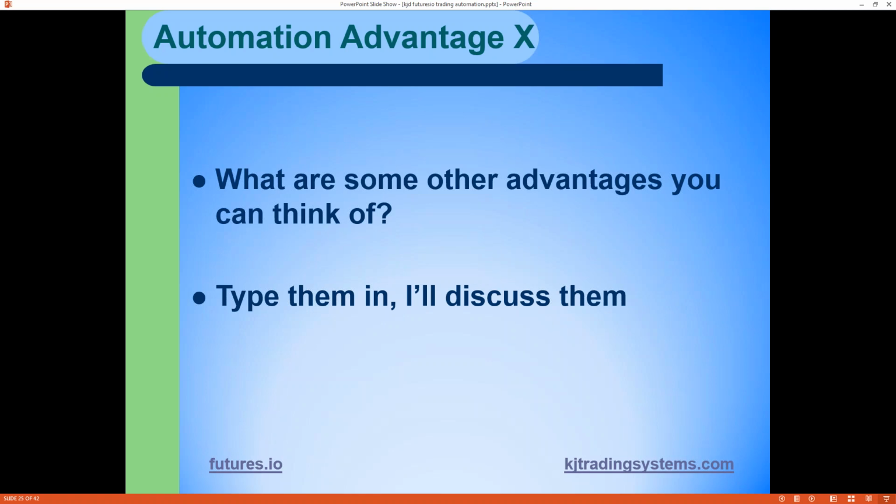Okay, so that's just 3. For those of you who've done some automated trading, maybe type in the chat box or the question box what you think might be some other advantages, and I can kind of talk about them a little bit. Type them in the chat box if you can. I don't see the question box. Maybe Terry sees it, but I don't see the question box up on mine. So if you type them in the chat box, I can definitely see it.